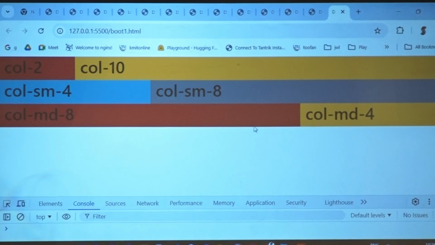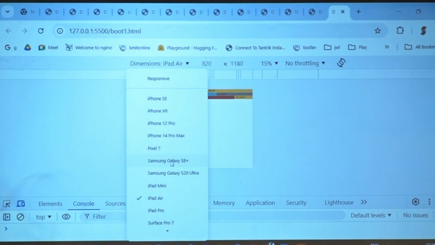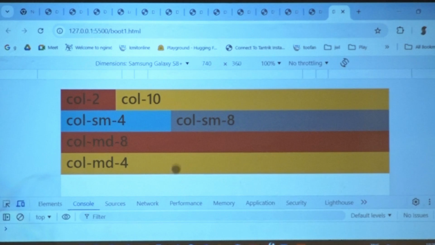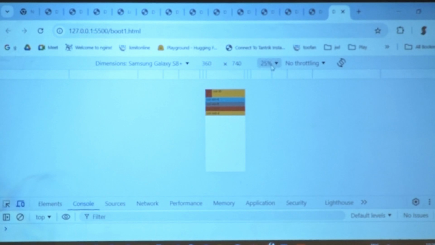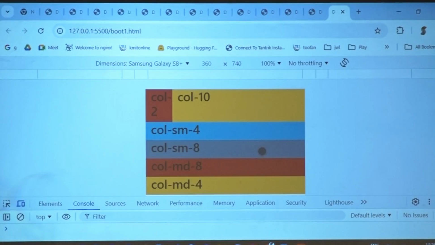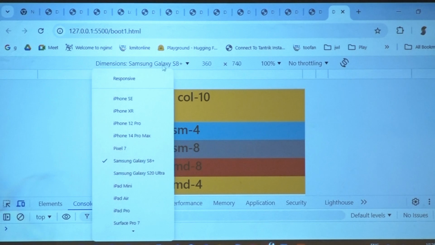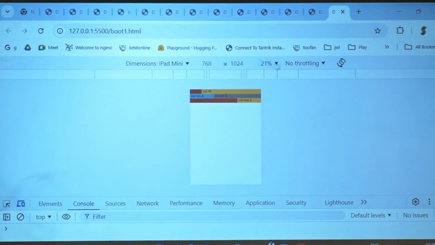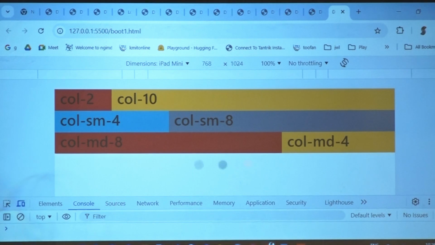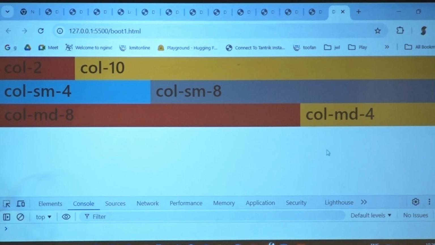Now what are the things that are smaller than tab? Phone in portrait, phone in landscape. Let us check again. Regular phone in portrait, it's stacked up. Regular phone in landscape, it's still stacked up. But the moment I go to medium screen, which is iPad mini or Air, it is using 8 and 4. The moment I remove this, it is still 8 and 4. Everybody,